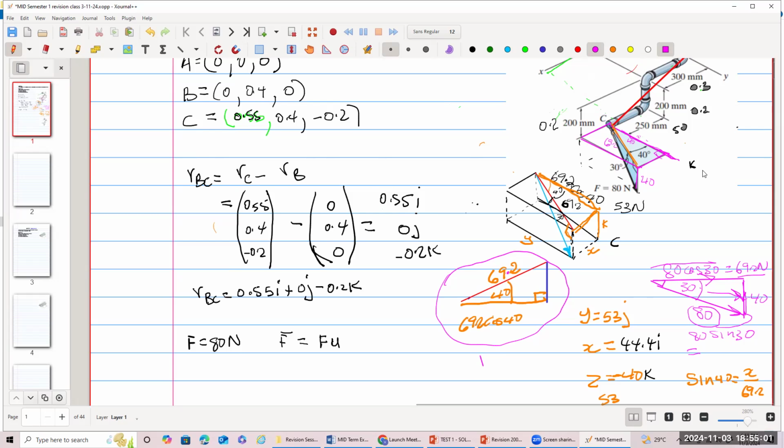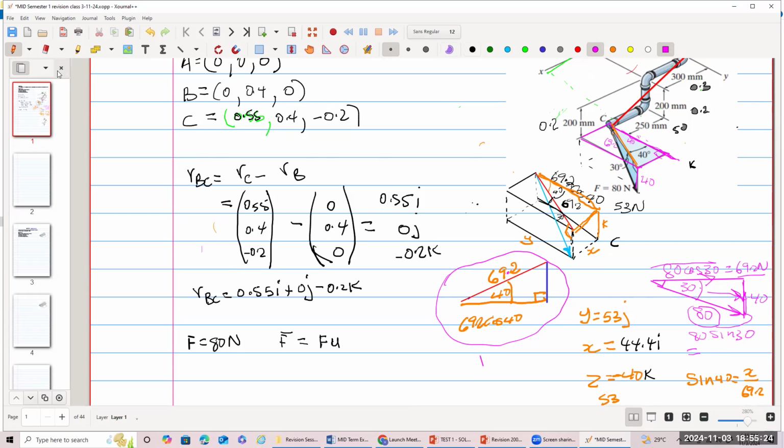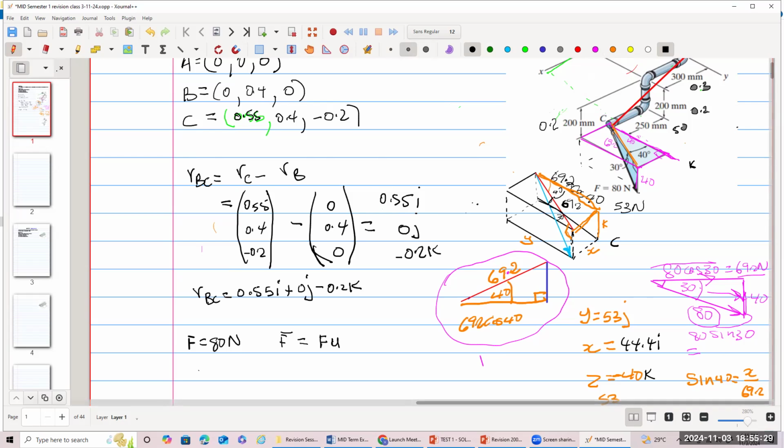All right, so that's enough, guys. So we have the components now, so we can write the force in Cartesian format. We have to move on. Time is going, and I have quite a bit that I want to go through. All right, so now the Cartesian vector format for it is going to be